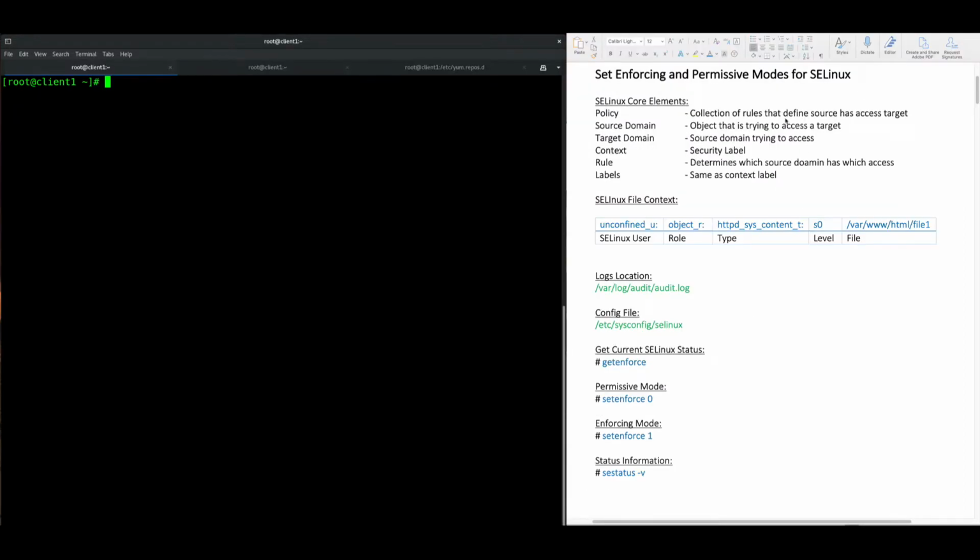There are various core elements of SELinux, and what we are interested in is the context. The context looks something like this. We have a SELinux user, role, type, level, and file. We are only interested in the type here. If you do an ls